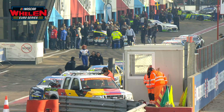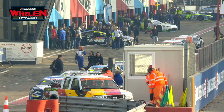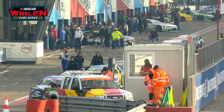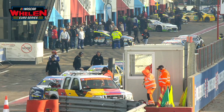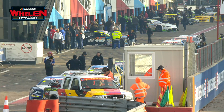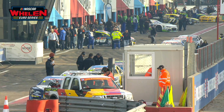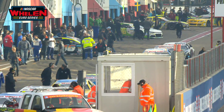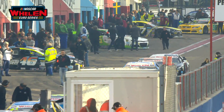He was also a winner here, took his first NASCAR Whelen Euro Series win in the finals at Zolder, Circuit Zolder last year. So 3 career wins, but 2 this year. And he leads the championship coming into this weekend. So watch out for the number 77 car come qualifying. Guillaume de Flandre is going to want to push on, because there's just 2 points separating himself from the lead of the championship